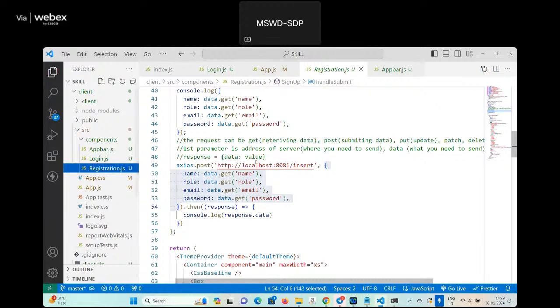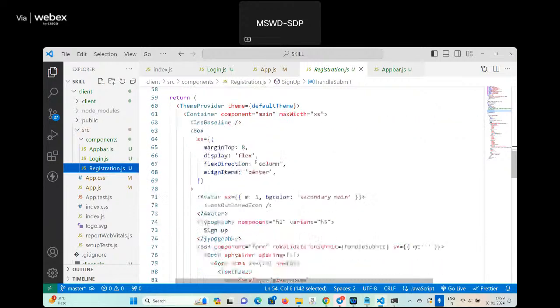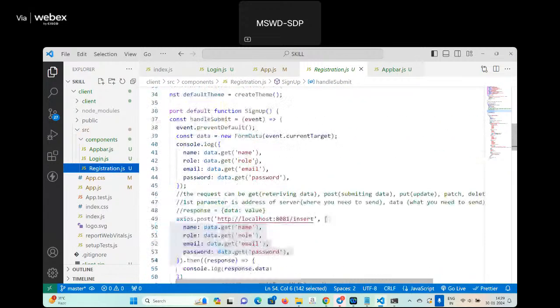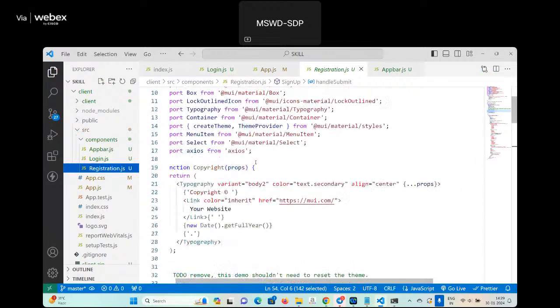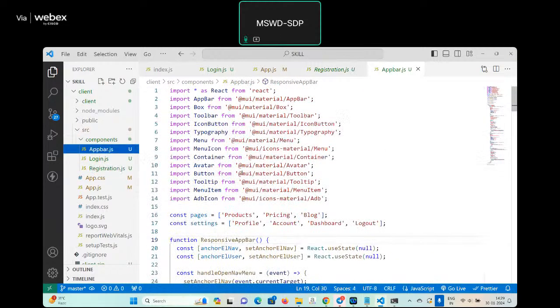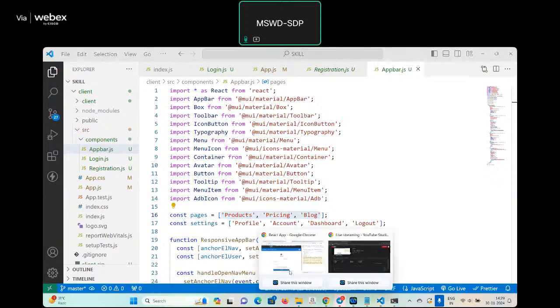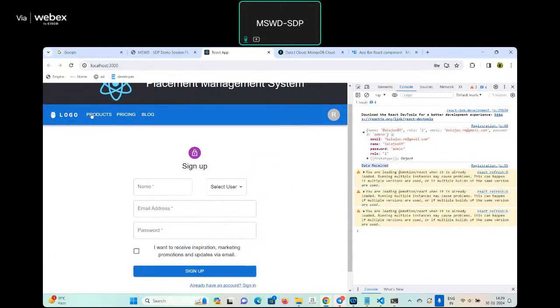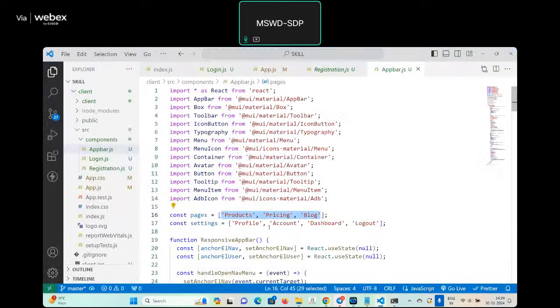Sorry, you go to your appbar.js. In appbar.js, you are able to find the top products, pricing, blog, these things. This is the exact place I need to change the value. So you just change it to